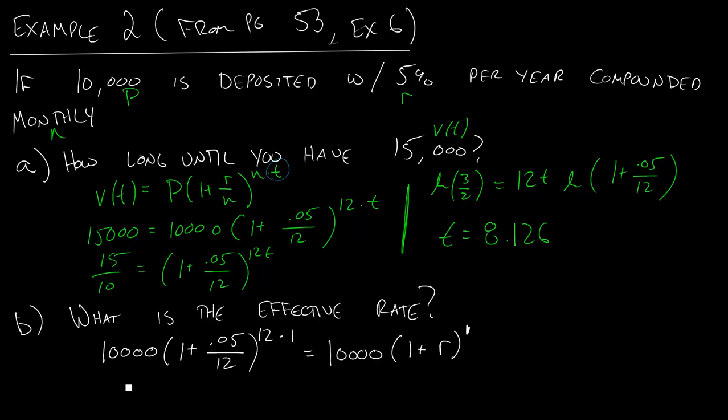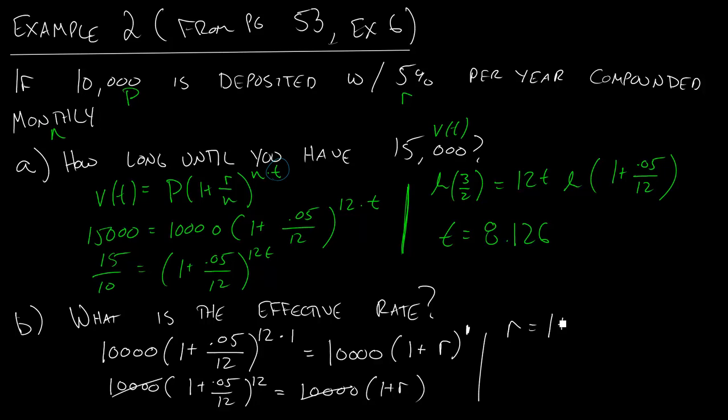So I can do a lot of simplifications here, right? This is 10,000 times 1 plus 0.05 divided by 12 to the power of 12 is equal to 10,000 times 1 plus r. The 1 power just doesn't mean anything. And so the 10,000s will cancel out. And I should get that r is equal to 1 plus 0.05 divided by 12 to the power of 12 minus 1, or that r is equal to